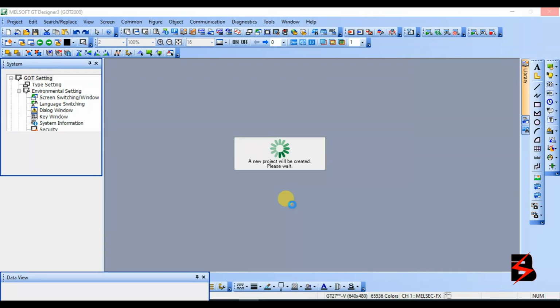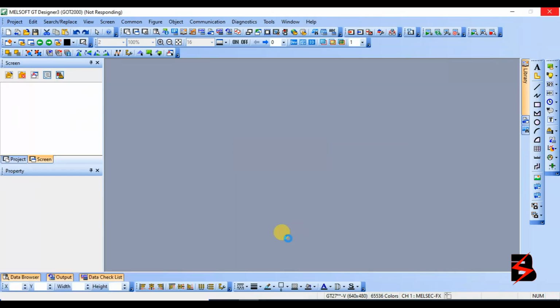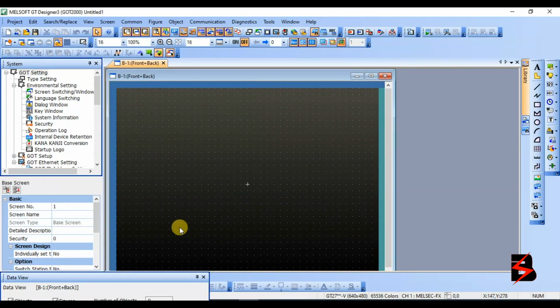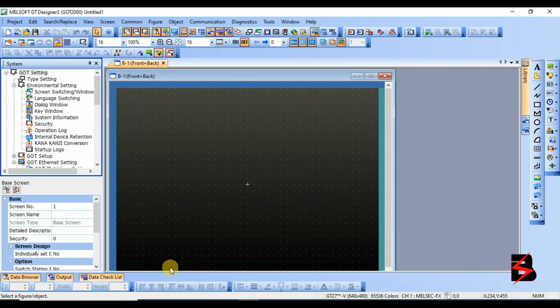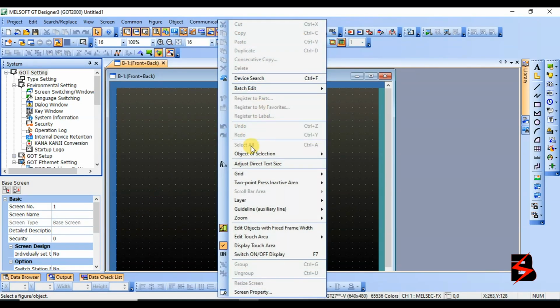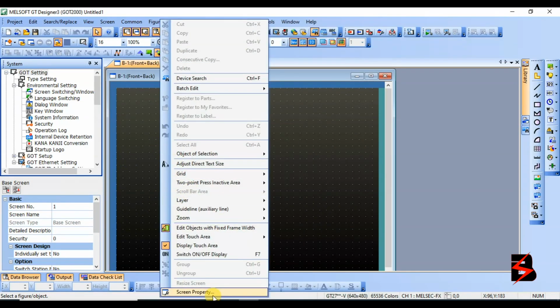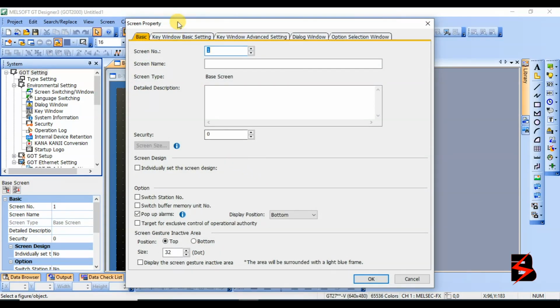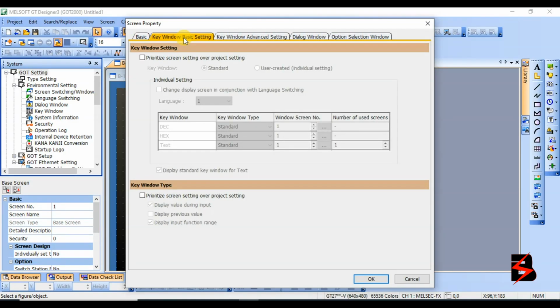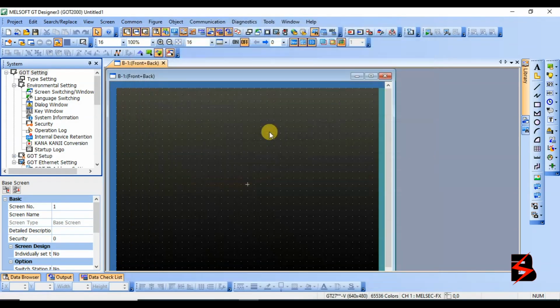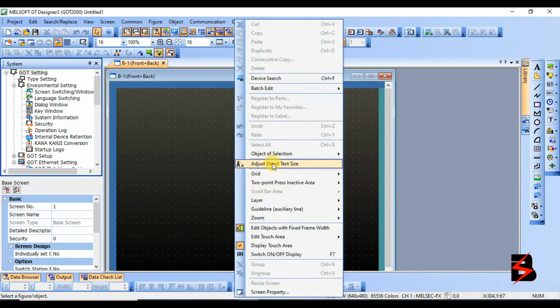Now here I just want us to be keen. We are going to learn some more functionalities, but not individually. Just by the end of this HMI, at least you'll be able to do some designings. So here, first of all, I'm going to right click on the screen here to have the screen property. And in screen property, I'm going to have basic. Let me see, can I change something here? Key window basic settings, advanced settings. Let me see. I think here nothing much. Let me again object selection and just